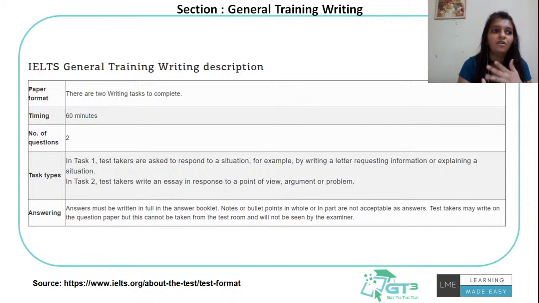Now what are the questions that have been asked? For academic, they will always ask questions related to crime, the environment, news, and some of the studies they are doing, as they are going for study purposes. However, for general training, the questions would be about art, about parents, about children, and about elderly people. Such kinds of questions would always be asked for general training. However, you need to get ready for all types of questions.